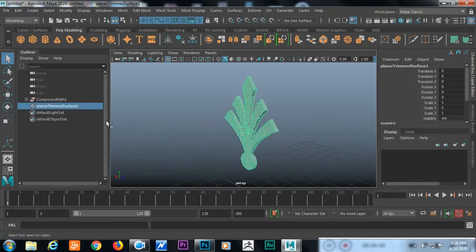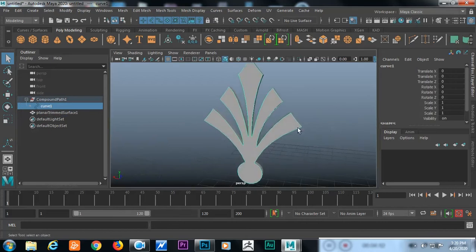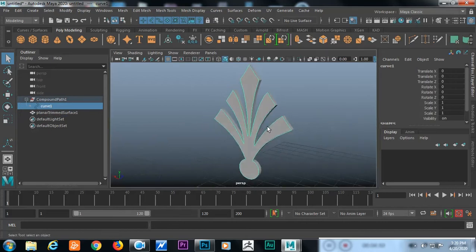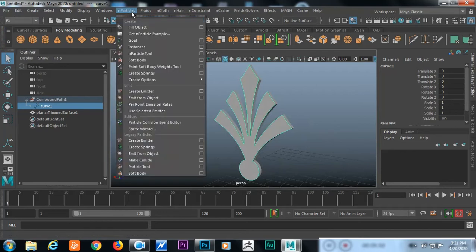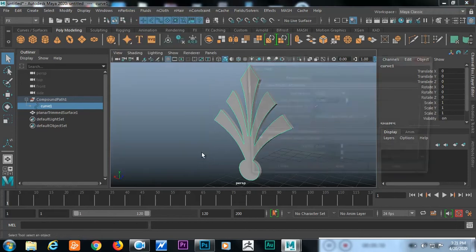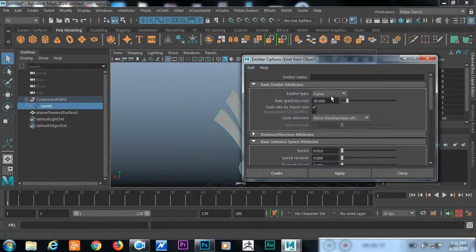For that, just click on this curve, and I'm going to press 3 so the path will be smooth, and go to the FX section, go to N Particles, and I'm going to say Emit from Object, and inside I'm going to take a normal curve.